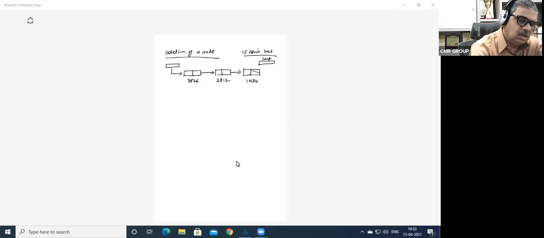So this is null. Okay, this is 1034, the last node, and this is 2812, and this is 3826. Is this figure clear? Right? Let us take the values as 10, 20, 30. Right? So let us assume that we are going to do the deletion.